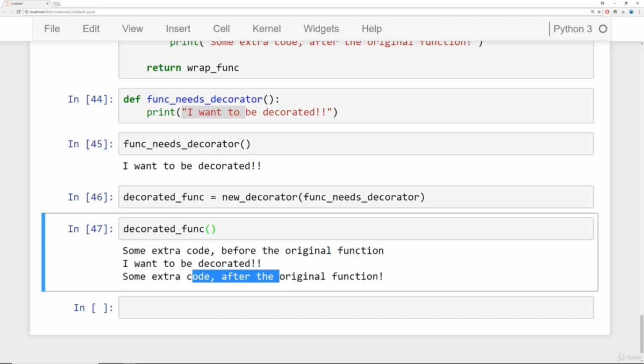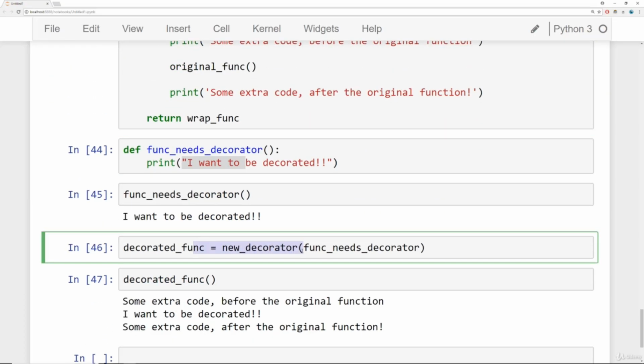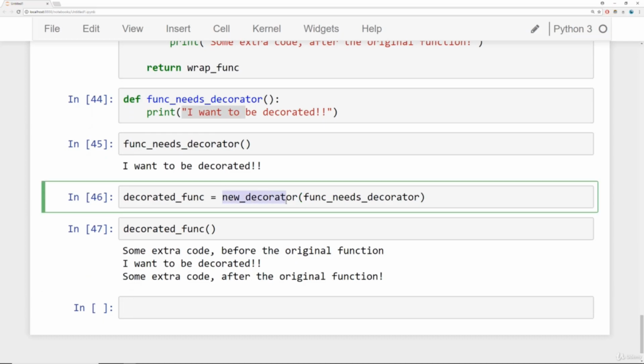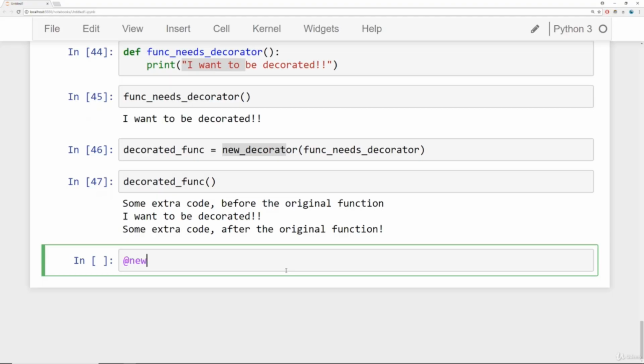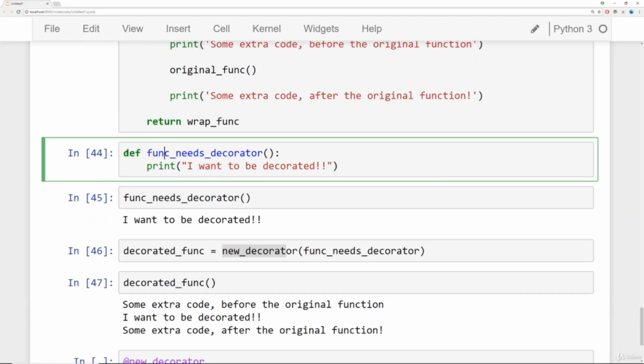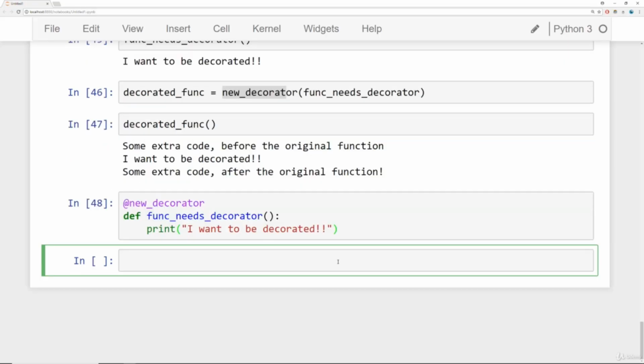Now what we did is actually quite complicated because I had to define all this stuff here. But there's a special syntax for what is essentially this line, and the special syntax is that @ operator. So if I wanted to actually create a new decorator, what I could do is say @new_decorator, say def, and then, well, let's just actually grab the original one. We're going to copy this here, paste it here, run this, and now when I call func_needs_decorator,